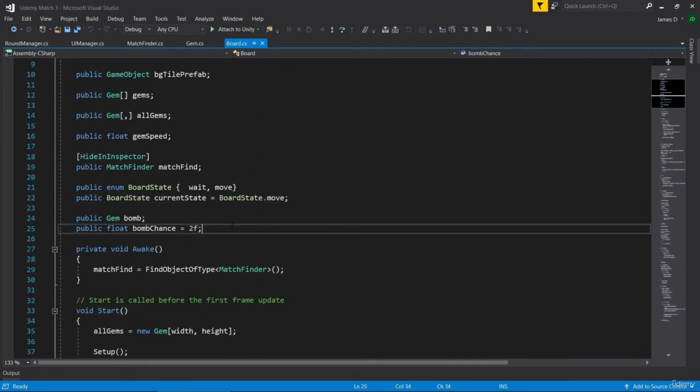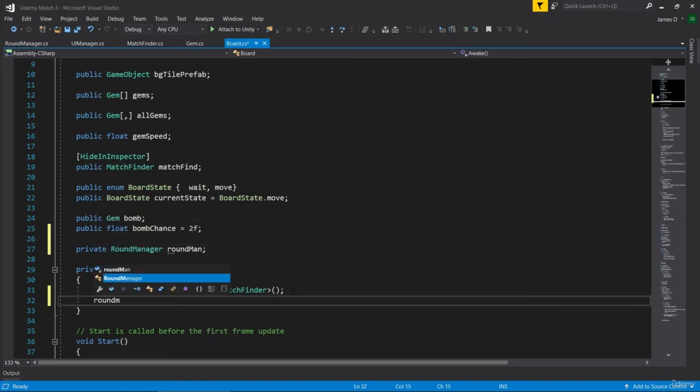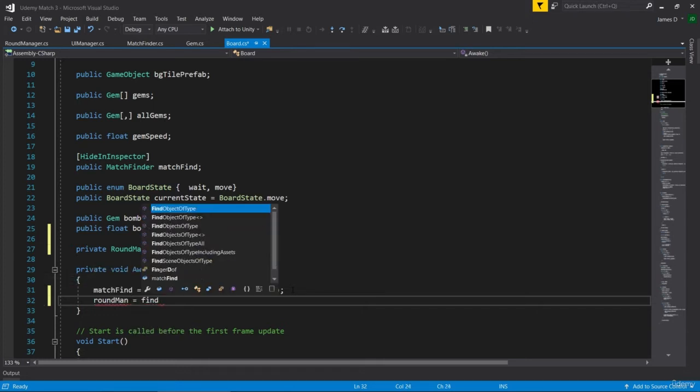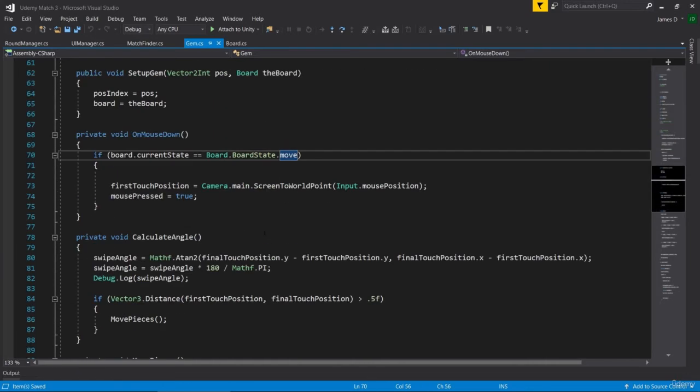So let's go up the top and we're going to create a private round manager that we'll call round man. And then in our awake here, we'll find that. So round man equals find object of type round manager, like so. And if I just quickly save that, then back in our gems, when we press the mouse down here, we can say as long as the board state is in move and